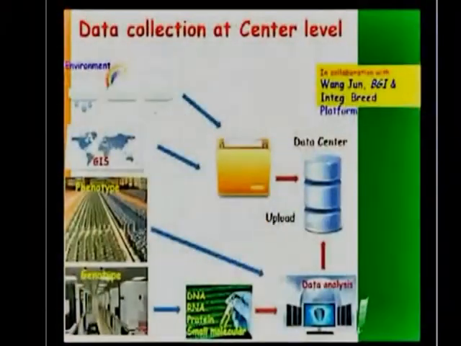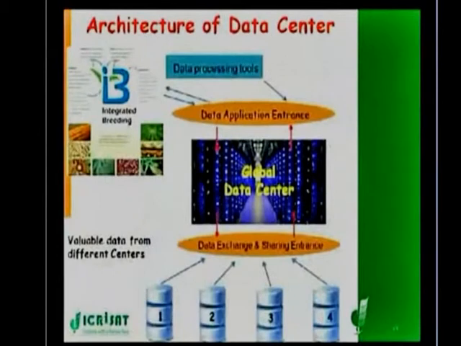We are also discussing and collaborating with VGI, and in collaboration with the Integrated Breeding Platform and VGI, our approach is that in the future we need to have data collection centers. For instance, from one center you generate the genotyping data, phenotyping data, environmental data, and then data analysis, and then you upload all these data in one place. And this is not only at one center; we need a similar strategy across several centers. In the end, we would like to see a global data center, and once we have this global data center, the data can be put in open access, and IBP can play a very important role.